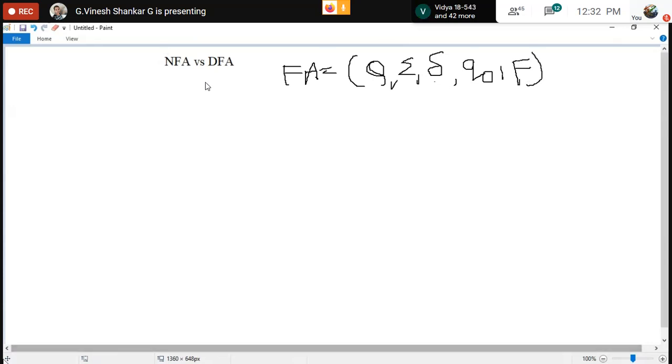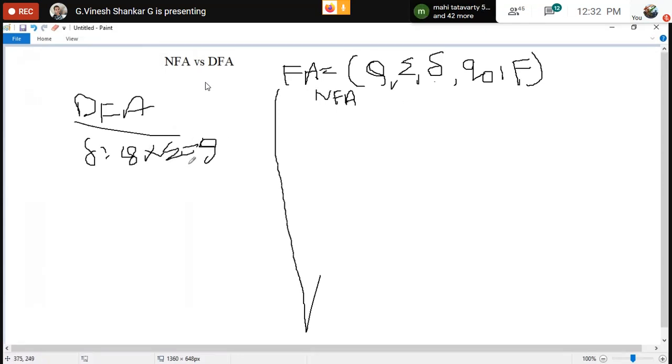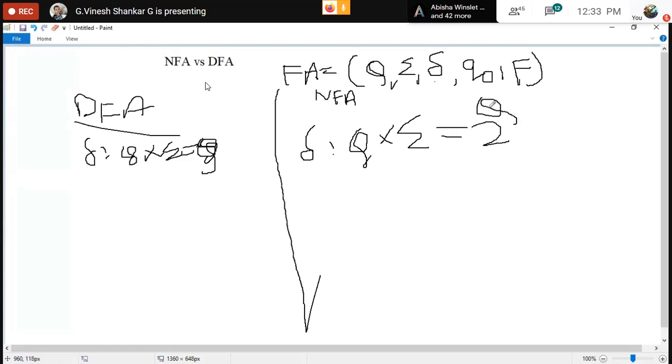But the change here is, in DFA, when I take DFA or NFA, let me take DFA this side, and this is NFA. Everything there are also 5 elements only, but here in DFA the transition function is Q cross sigma gives Q, right or not? Please, it is a Q. Then here in NFA the transition function Q cross sigma gives 2 power Q. This is the main transition function difference between them.